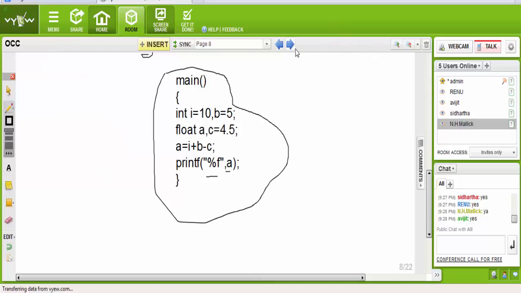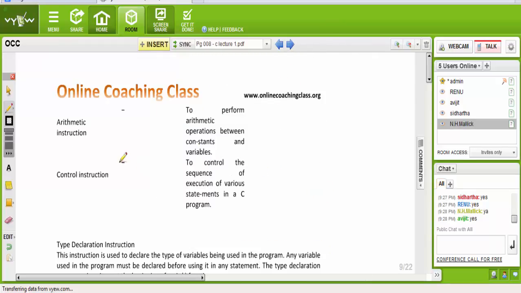Now see, in arithmetic instruction, to perform the arithmetic operation, we already know. And what are the control instructions? To control the sequence of execution of various statements in a C program. Like first we declare the integer or float, the variable format. Then we put the value of the variable.